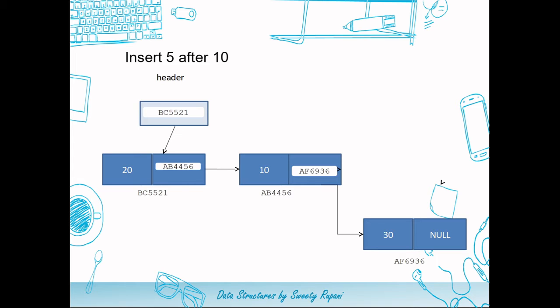Of course, we have to go for checking the null as well, because it may be possible that 10 is a value not present in the list. In that case, we will not be able to insert the value. In this case, I'll have to search for a node with a value 10 inside my list, after which I'll have to insert my new node. So the next step would be creating a node as usual.